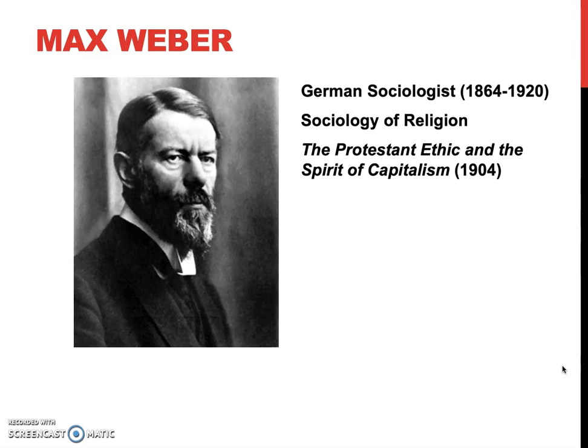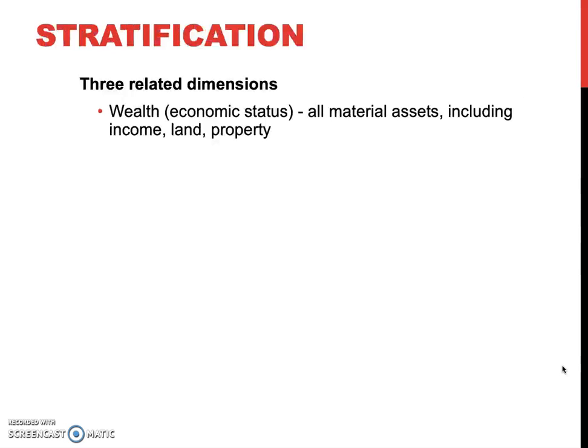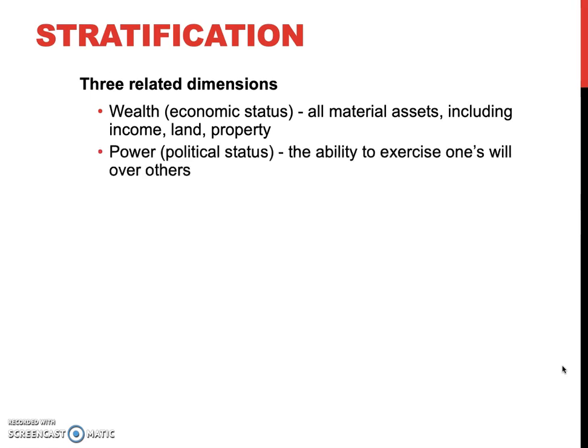He worked in the area of the sociology of religion primarily, and you may know his most famous work, The Protestant Ethic and the Spirit of Capitalism. And he came up with this theory of stratification that's based on three related dimensions: wealth, which is economic status, all your material assets, income, land, property, the things that you own;